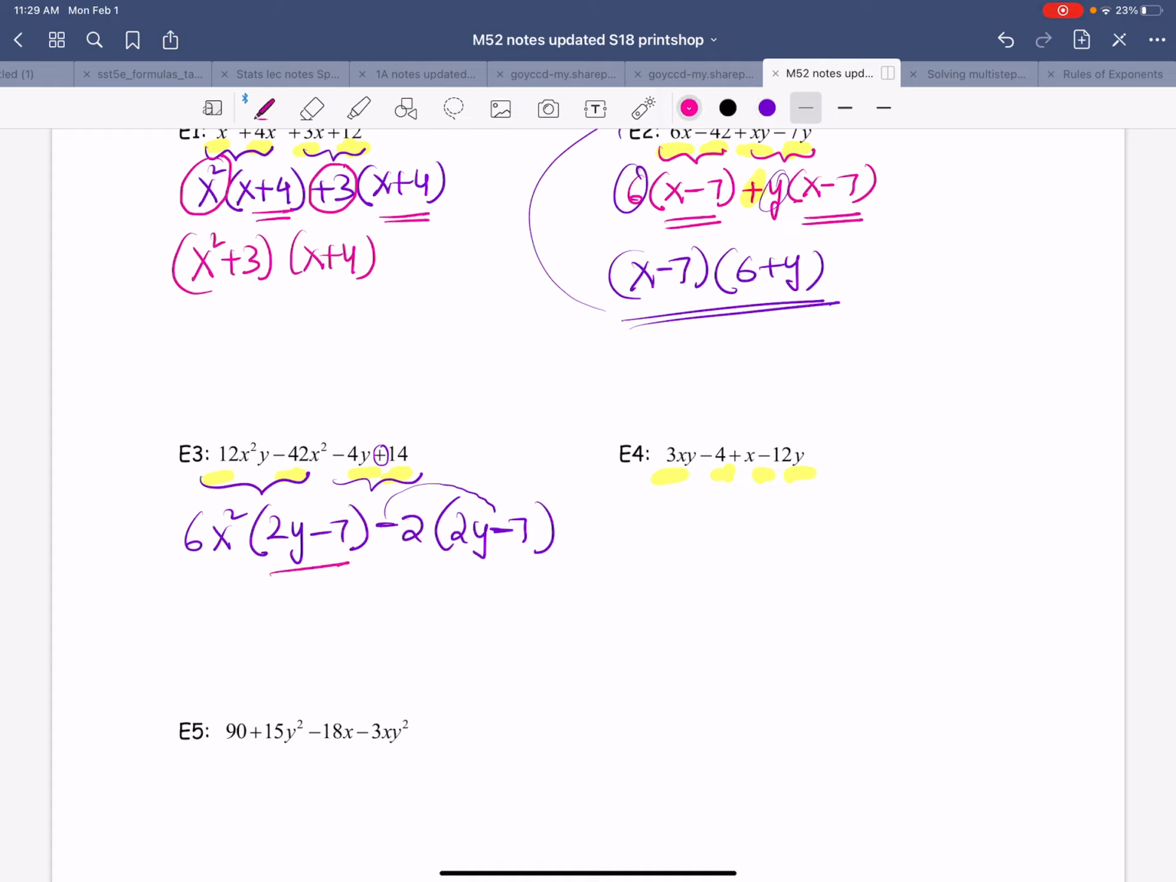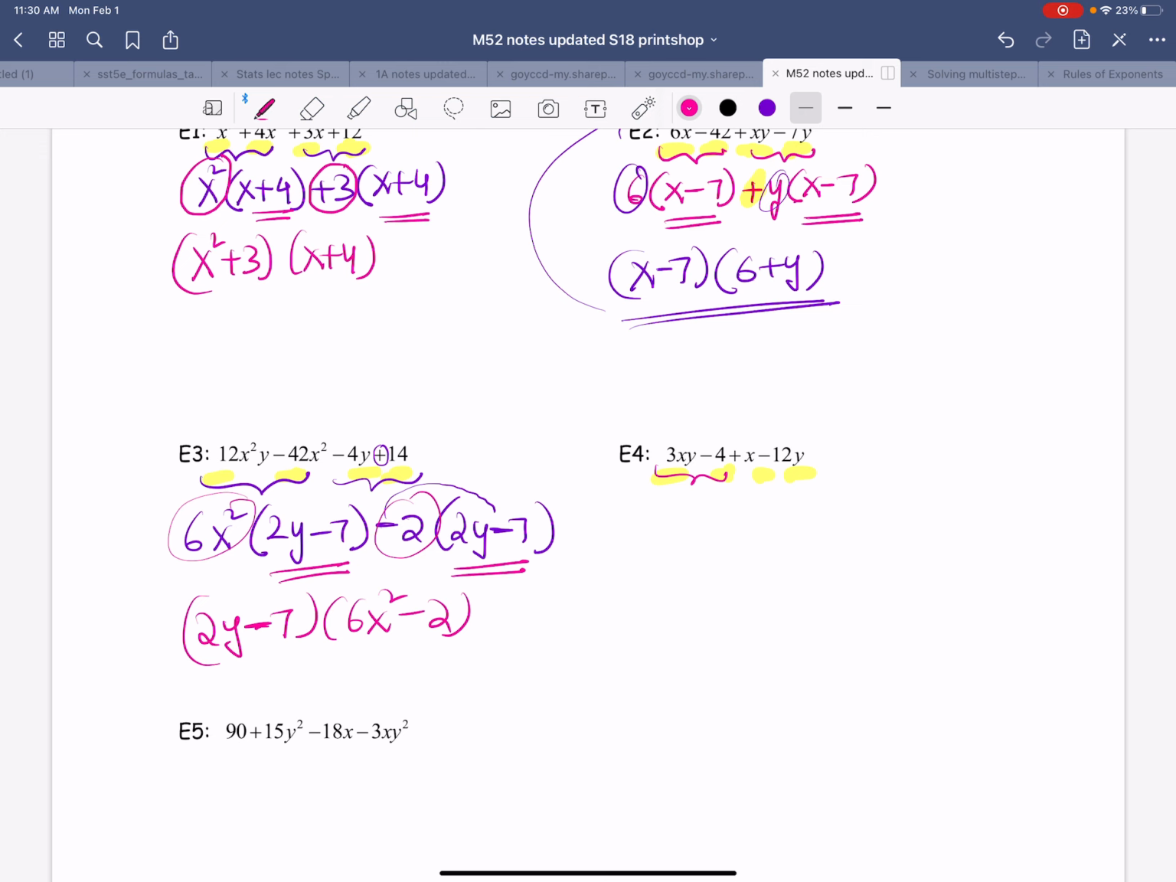Now again, these 2 parentheses are matching, so that's my greatest common factor. I am going to pull that out. I am left with 6x squared minus 2 in the second parentheses, and that's my factored form of this polynomial. Let's look at example number 4. Is there any common factor between 3x plus 4